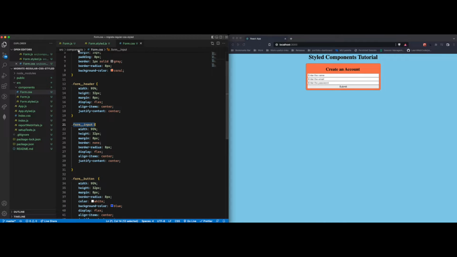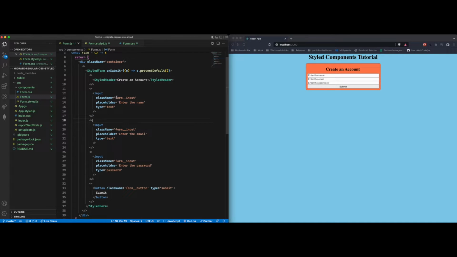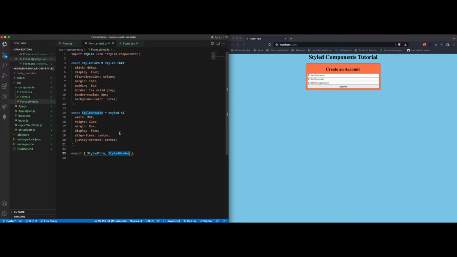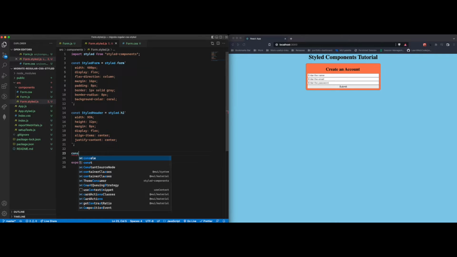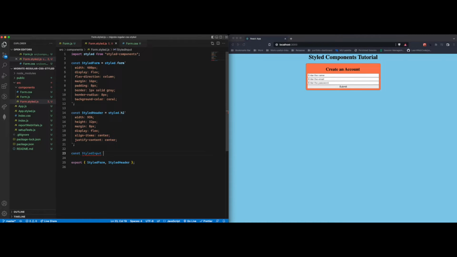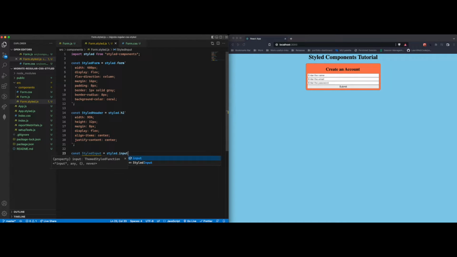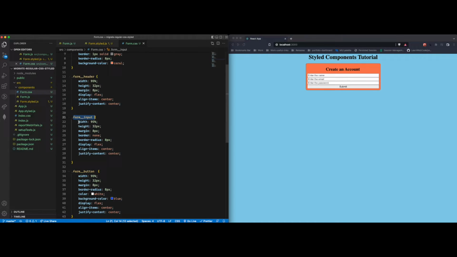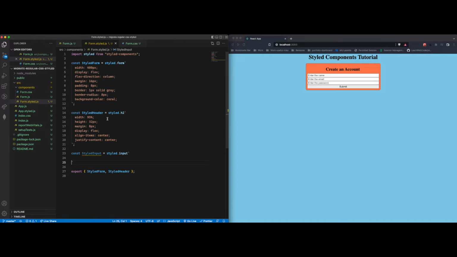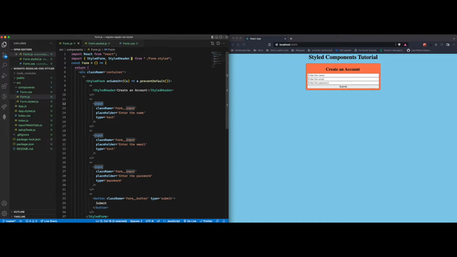with the form input. So if we go back to form.js file, our form input is the input field. So this is the element that we want to target. I'm going to come back here to const style input equals style dot input, because that is the element that we're targeting, backticks, come back to the regular CSS, just copy and paste. Now let's export it so that we can make use of it on form.js file. I'm gonna come at the top,